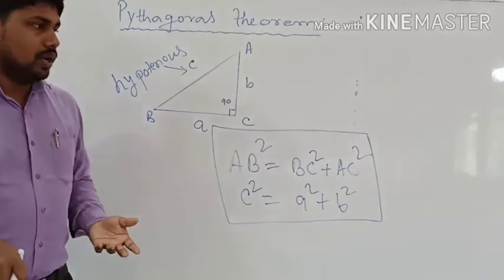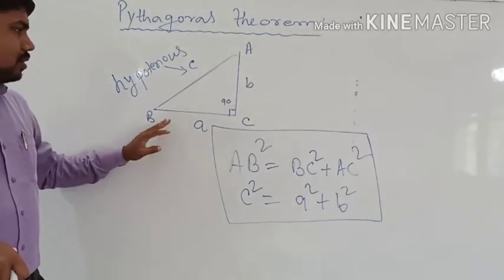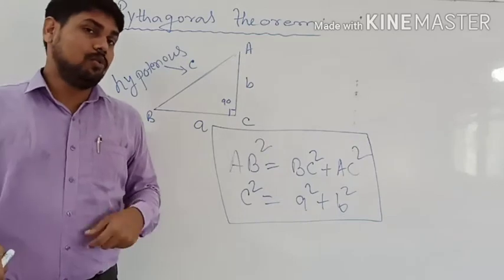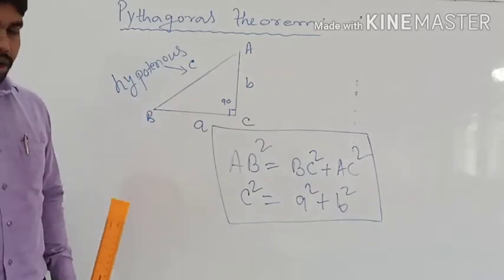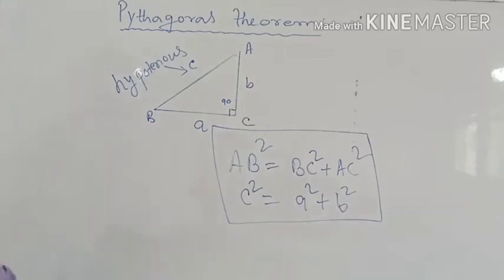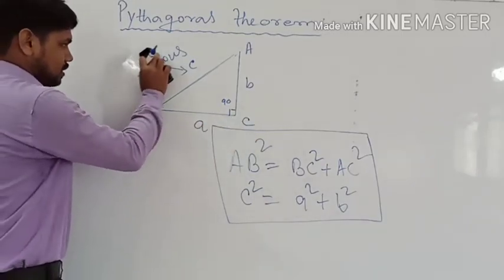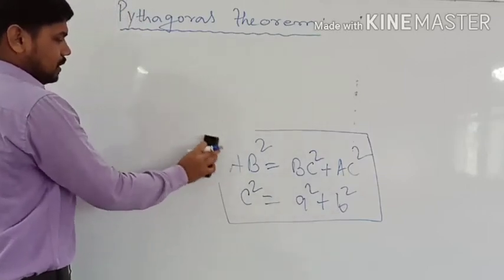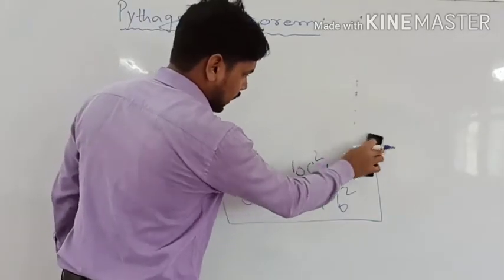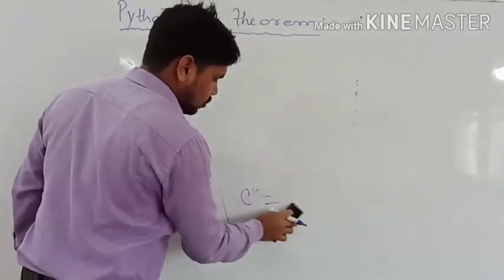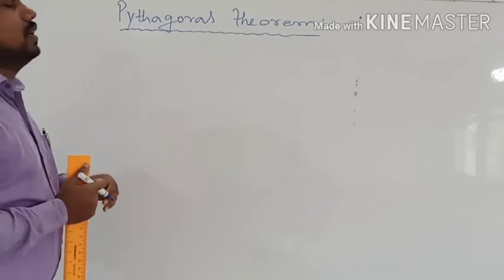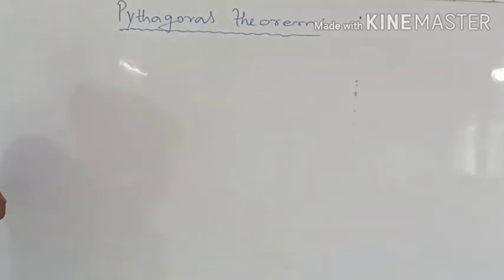How can we prove that this square is equal to the sum of these two squares? कैसे हम लोग प्रूव कर सकते हैं? इसके लिए हम लोग क्या करेंगे? We will draw various types of right triangles. बहुत सारा 2-3 right triangles हम लोग ड्रॉ करेंगे और उसका फिर मेजरमेंट लेंगे, and after taking the measurement we will check whether the hypotenuse square and the sum of the side squares are equal. अगर इक्वल होता है then it will verify that in every case it will be equal, so you will be able to know the relations between the hypotenuse and the other sides.